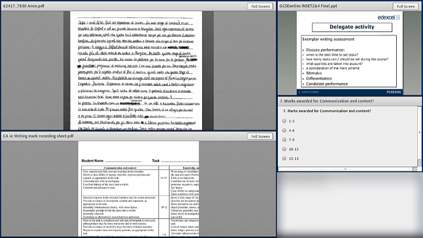Then we have knowledge and application of language, which, like in the speaking, covers the range and variety of vocabulary, tenses, structures, and variety of syntax. And then we have accuracy, which is just the grammar accuracy: verb endings, agreements, spelling, and so on. So do bear in mind those three categories, and decide in your head first, then we'll bring the polls on for you to vote. So take a few minutes to look at the first one.